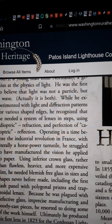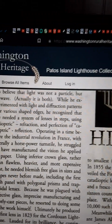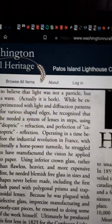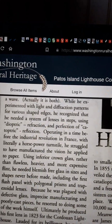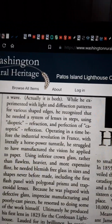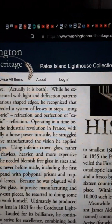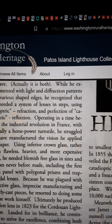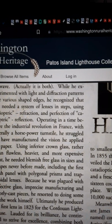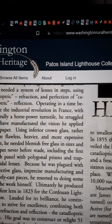What? Catoptric, wow. Dioptric and catoptric, wow. That word can be a tongue twister to pronounce. I don't know those two words, but I'll look those up later on. Reflection. Operating in a time before the Industrial Revolution in France with literally a horsepower turnstile, struggled to have manufactured